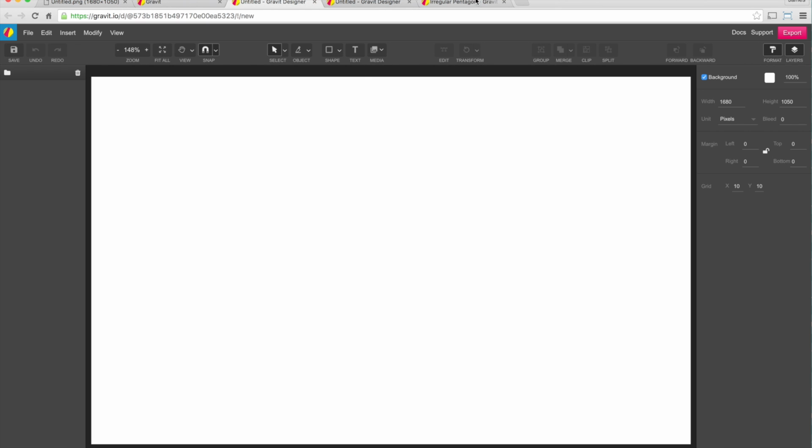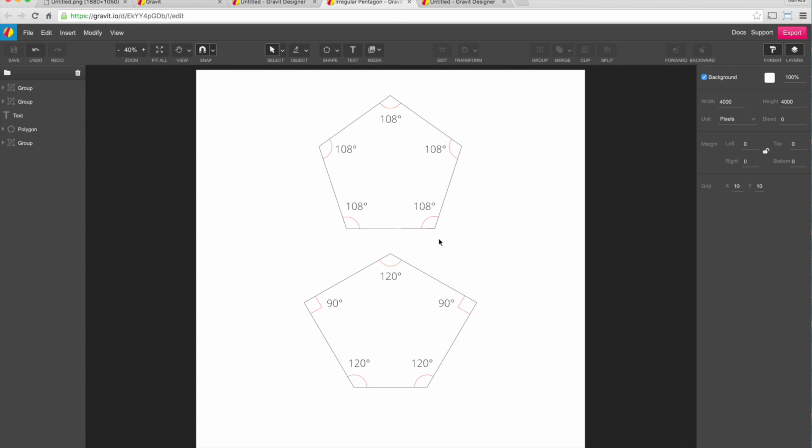Now, before I start, I'll just be showing you what we're aiming to create to start off with. So we're going to create an irregular pentagon. This is a regular pentagon where all sides and angles are the same up the top here. The one down the bottom is an irregular pentagon where two of the angles are 90 degrees and the other three are 120. It's a fairly tough thing to draw,